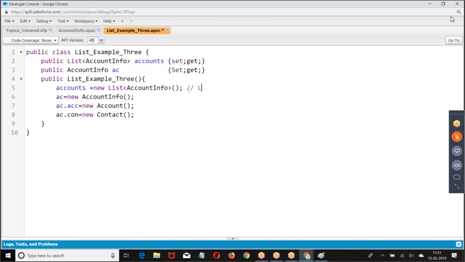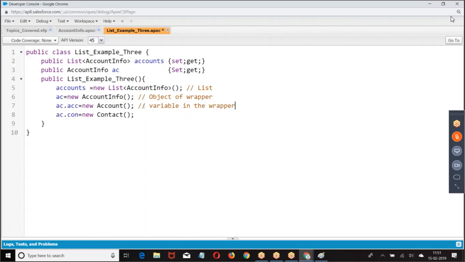This is list. This is the variable in the wrapper.